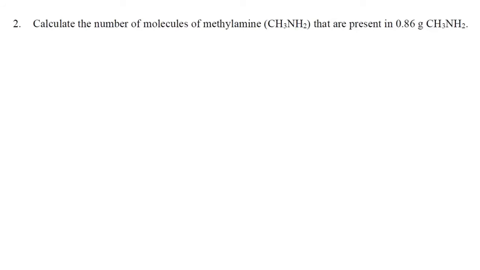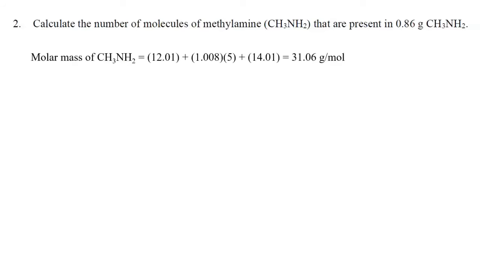All right, let's take a look at question 2. Calculate the number of molecules of methylamine, CH3NH2, that are present in 0.86 grams of methylamine. So let's figure out the molar mass of methylamine, again, using the information from the periodic table. So we have 1 carbon, 5 hydrogens, and 1 nitrogen. So we add up the atomic masses for all those elements, and we get